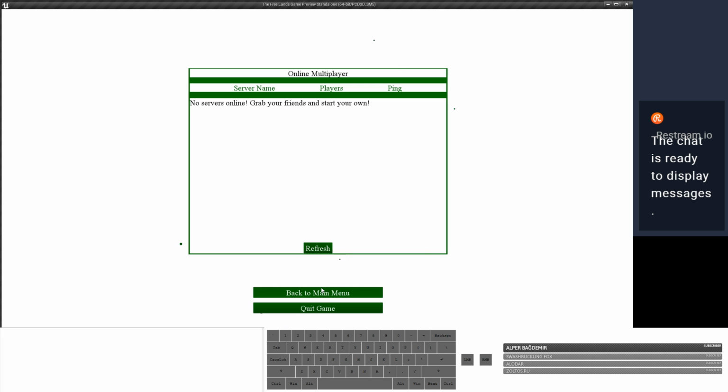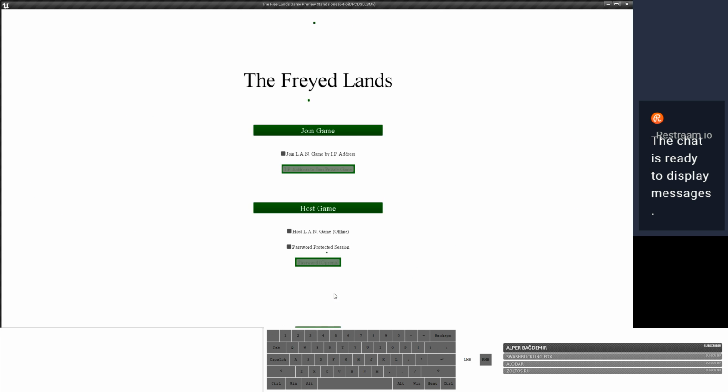That's cool. It keeps playing as I go back and forth between menus. And then it stops right there. So, yeah, it's pretty much ideal.